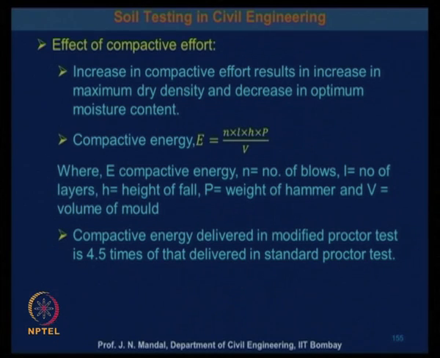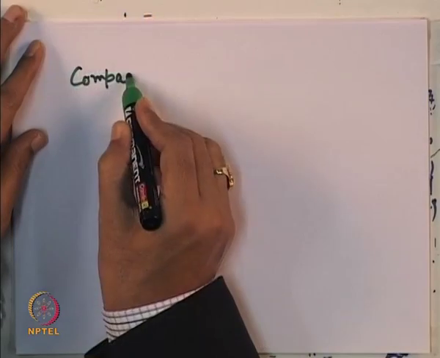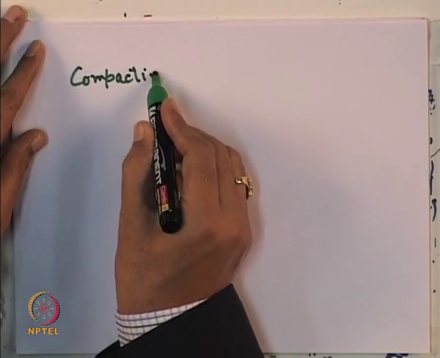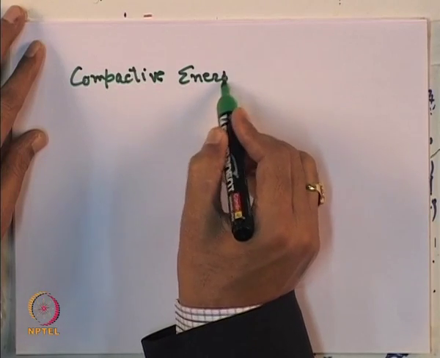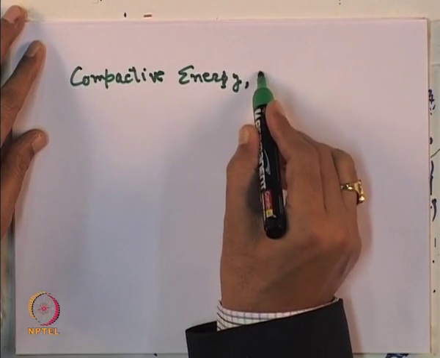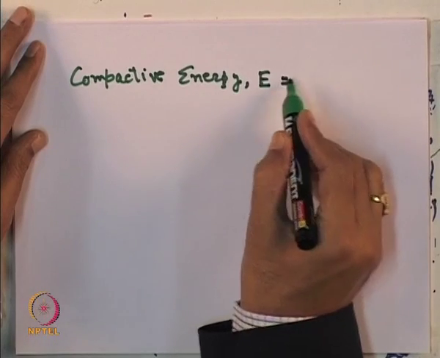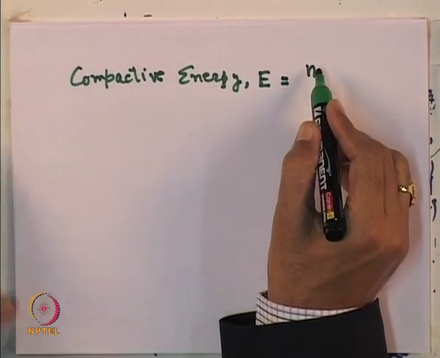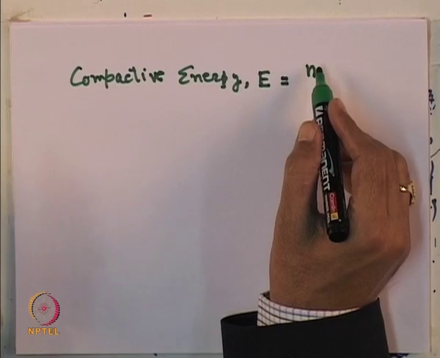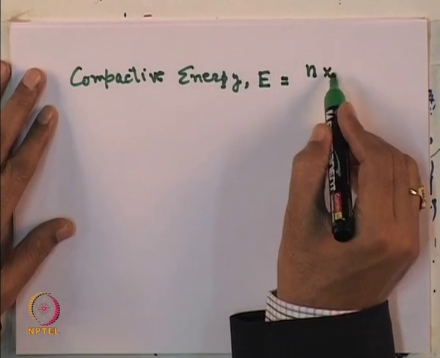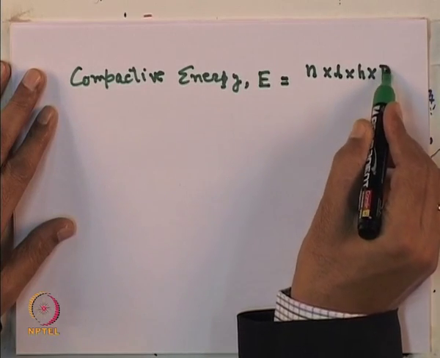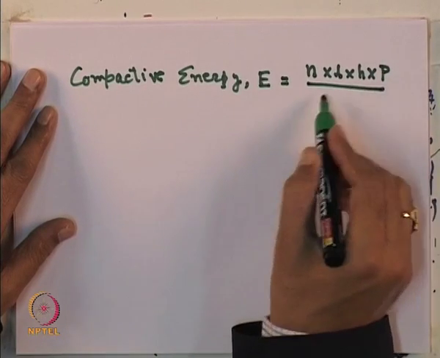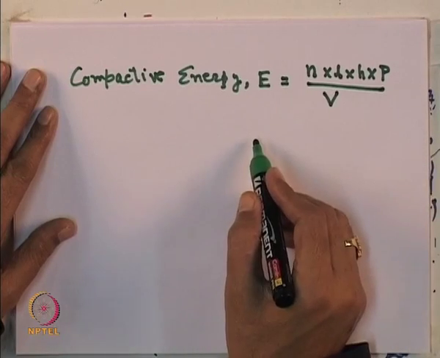Now, this compaction energy E can be defined as N into L into H into P, this divided by V,